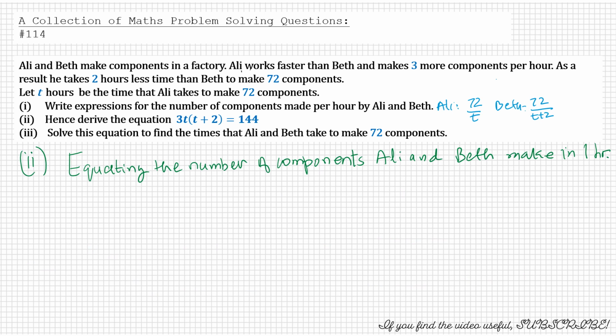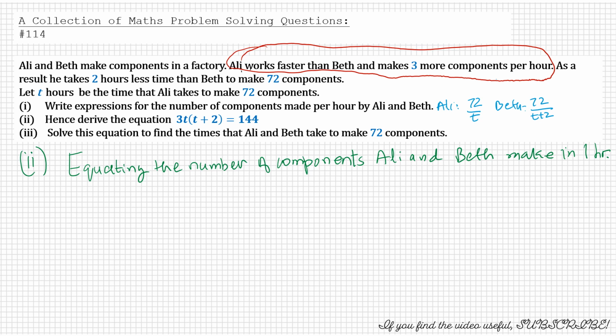Moving on to the second part, what we do is we equate the number of components Ali and Beth make in 1 hour. We've already worked out the number of components per hour. Now there's one fact in the question that we have not used, and that's this one, that Ali works faster than Beth and makes 3 more components per hour. So it is this bit that we will use to equate the two